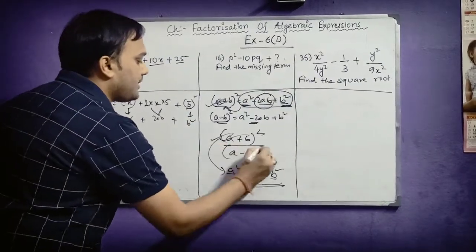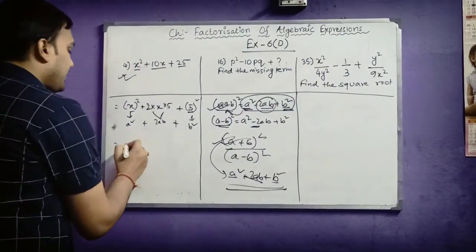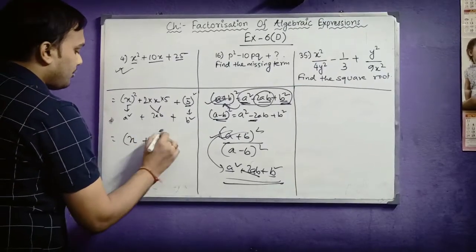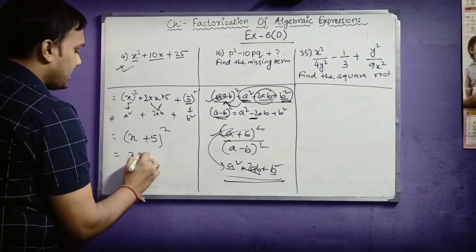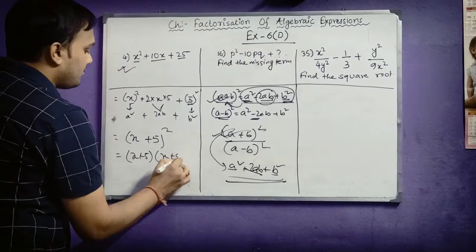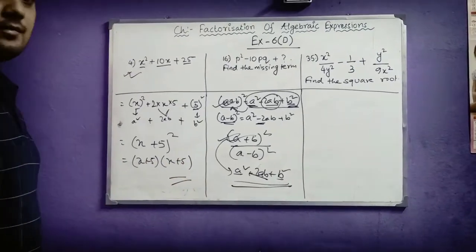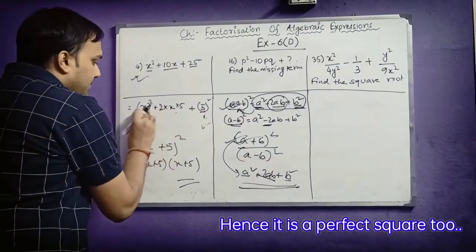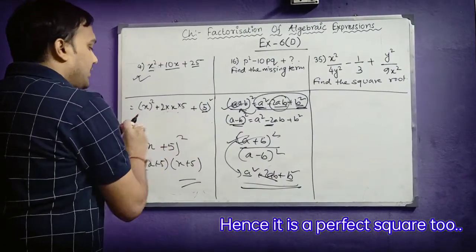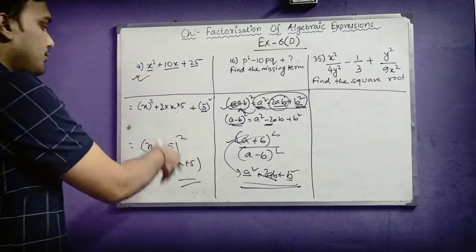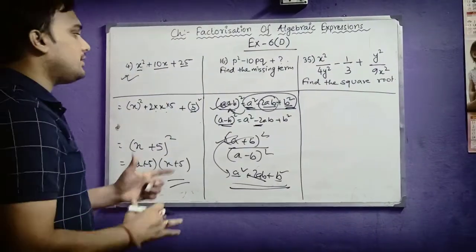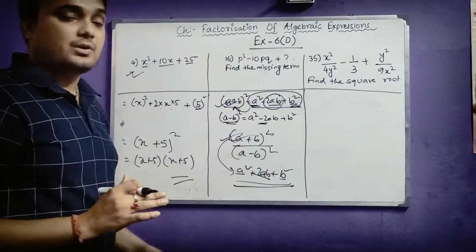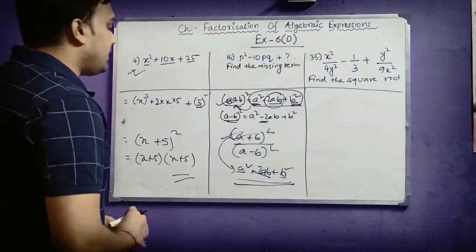So I will be utilizing the a plus b whole square formula. So from there we will get x plus b is 5. That means x plus 5 whole square, or you can write it as x plus 5 into x plus 5. So this is our answer. You need not write this one, because this is only for your explanation. I have done this, but the basic calculation you have to solve in this way. So basically students, the main thing here is that you have to arrange all this with the proper formula, and then you can easily do this.